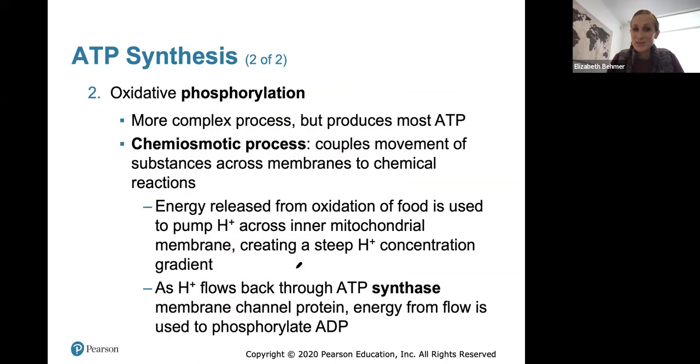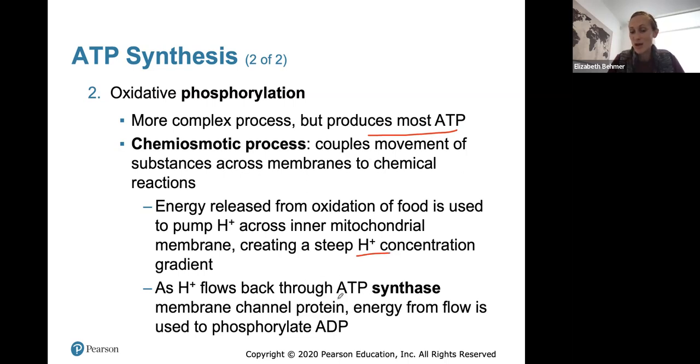Oxidative phosphorylation, that is a more complex process, but it produces the most ATP, and this will occur in the electron transport chain in the inner mitochondrial membrane. It's a chemiosmotic process where it couples the movement of substances across a membrane to create a chemical reaction. And this is what the electron transport chain will do. Energy will be released from oxidation of food. It's used to pump hydrogen ions across an inner mitochondrial membrane, creating a hydrogen concentration gradient, so that when hydrogen